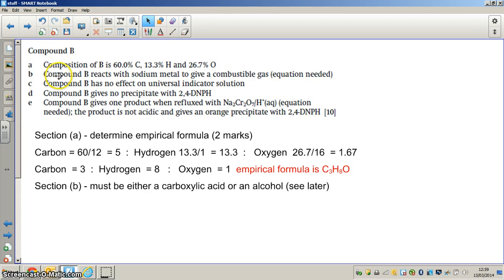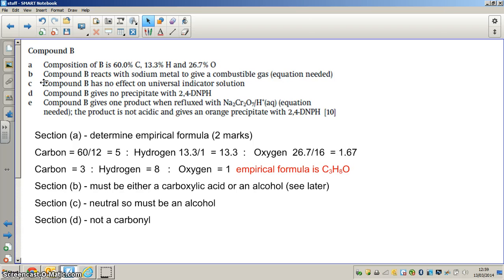Now section B says that this compound reacts with sodium metal to give a combustible gas, and drawing on our knowledge, we should appreciate then that compound B must be either a carboxylic acid or an alcohol. So we're going to have to write an equation, but we can't do this yet because we haven't got enough information. We don't know whether it's a carboxylic acid or an alcohol. Let's look at section C